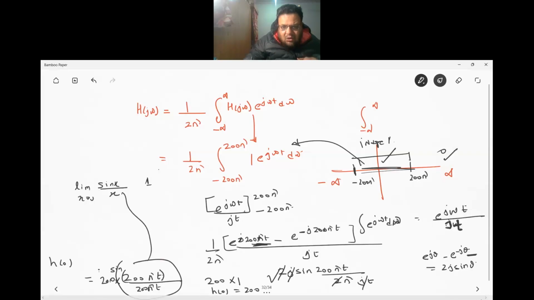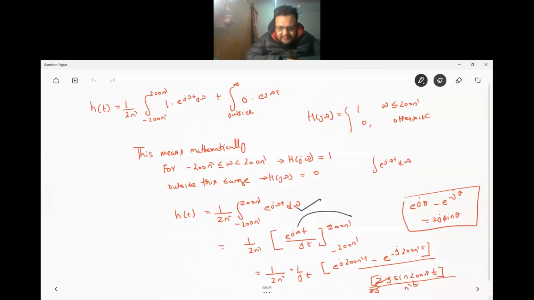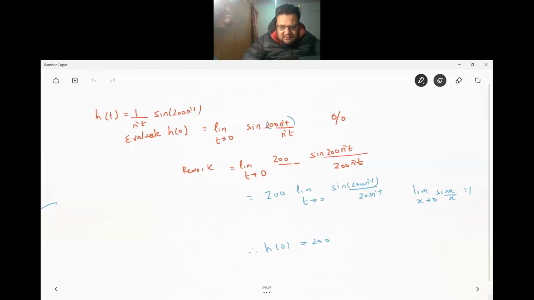So whether you do this method or you utilize the previous method, it's one and the same thing. This is the same thing I've written over here. Why we are putting t equals 0 is because we want to calculate this h(0) value. Or directly you can do it, whichever. If it asks for 2 marks, the best method is the direct method. GATE is not checking your deep concepts. They're checking how quick you are, how fast you are. That's where I'm lagging.